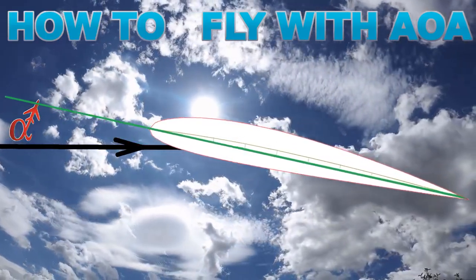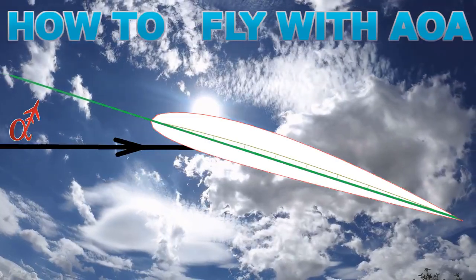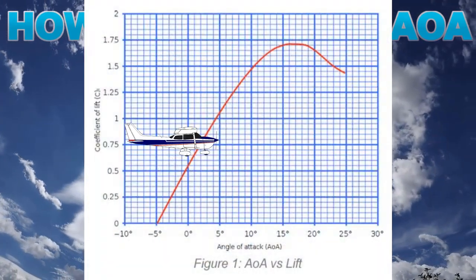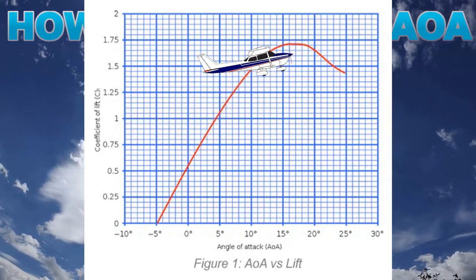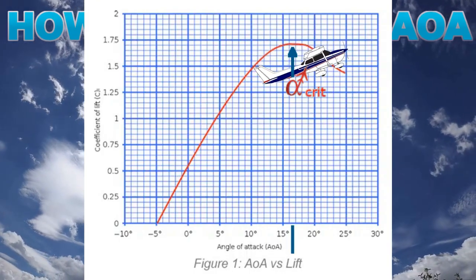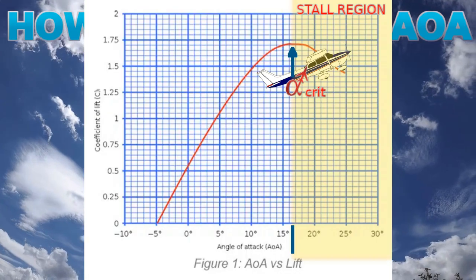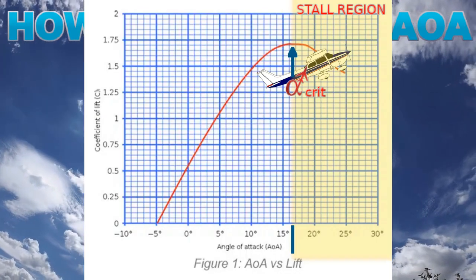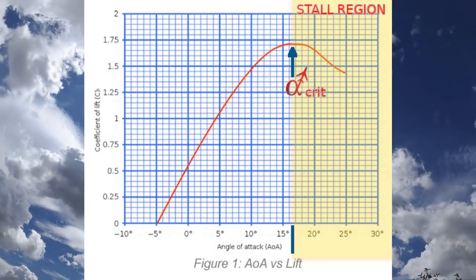The normal useful angle in most general aviation aircraft is approximately 16 to 18 degrees, depending on the airfoil. On this coefficient of lift chart, increasing the AoA of the wing generates more and more lift at a given velocity until reaching critical alpha, approximately 16 degrees, whereby any further increase will generate less lift due to boundary layer separation from the wing. Please keep in mind that the stall begins at critical alpha, where your aircraft can no longer climb and the boundary layer has begun separating from the wing, and ends when you lose control of the